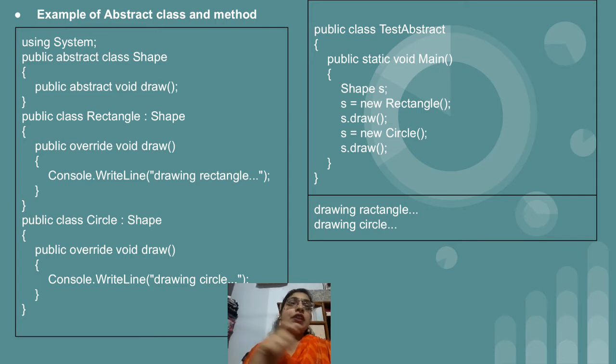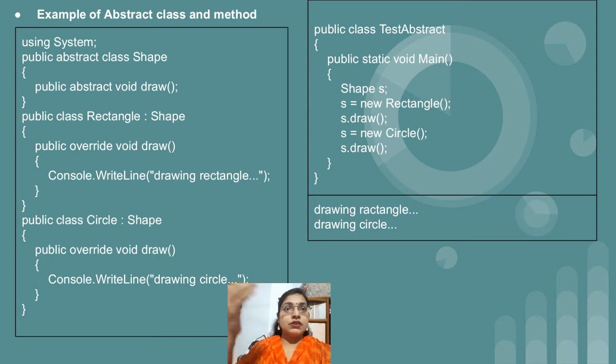So now we will define that particular method within rectangle. For the purpose, public override void draw. Just now I said if you want to inherit the abstract method of abstract class, then we have to make use of the override keyword for the same. So with the help of the override keyword we inherit the void draw method and then define the method in